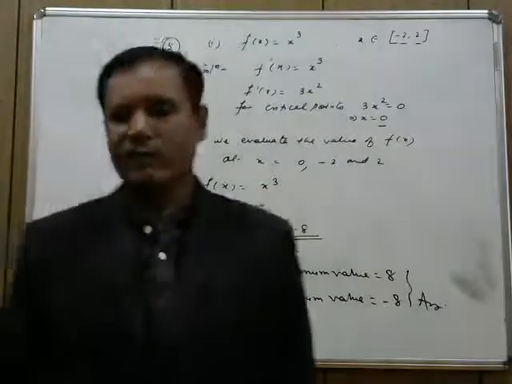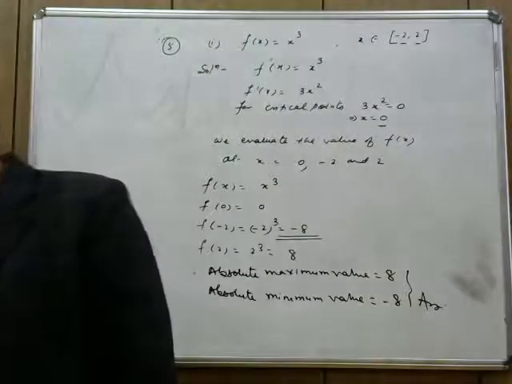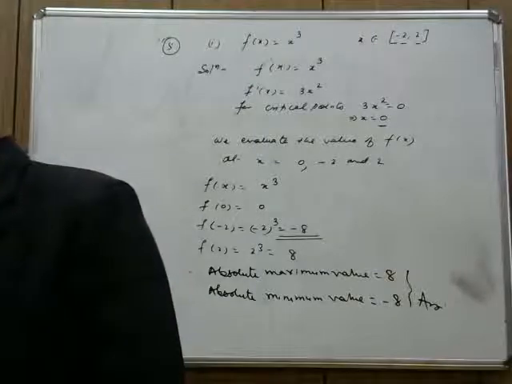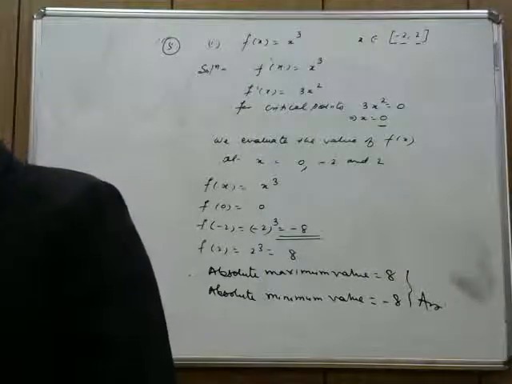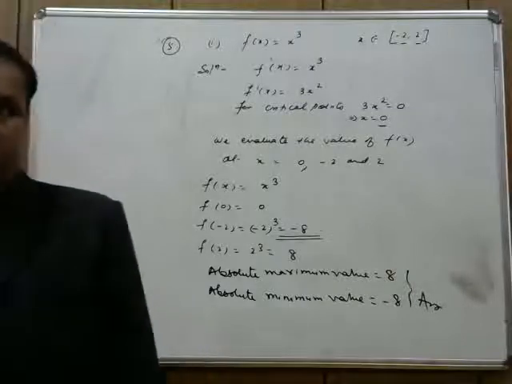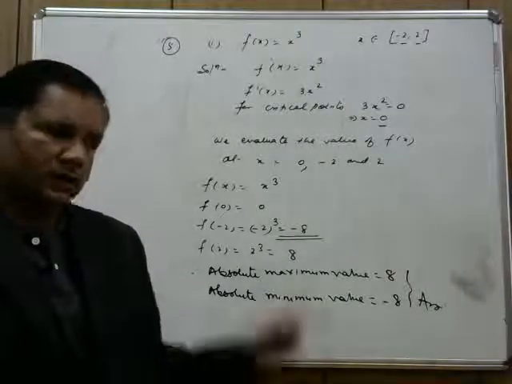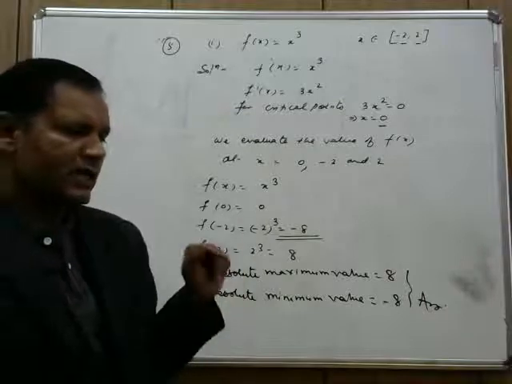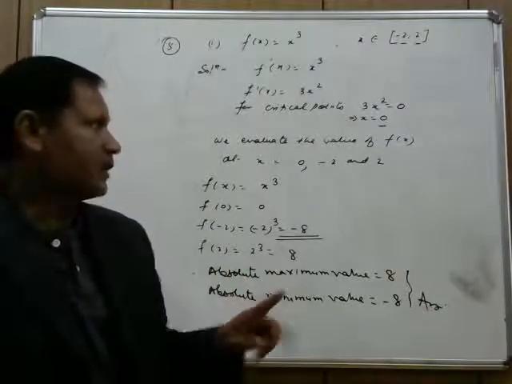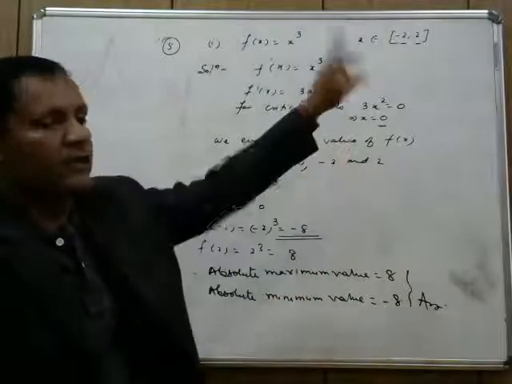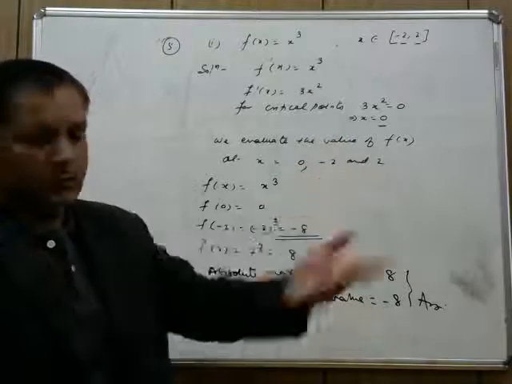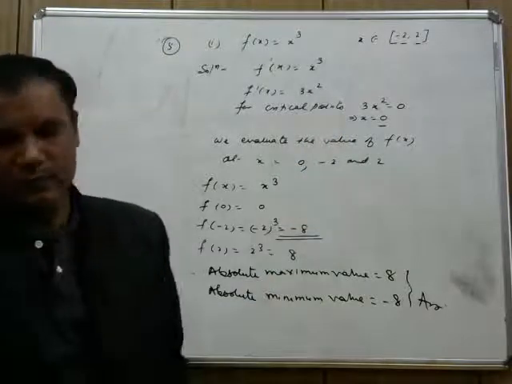That means whenever we are asked to find the absolute maxima or absolute minima, we need not find f double dash, no use of that. Don't differentiate a second time. Just find the critical points and use them to find the value of the given function at those critical points and at the given interval. Suppose I am getting 2 values, I will go for another question, right? Then we will see that.